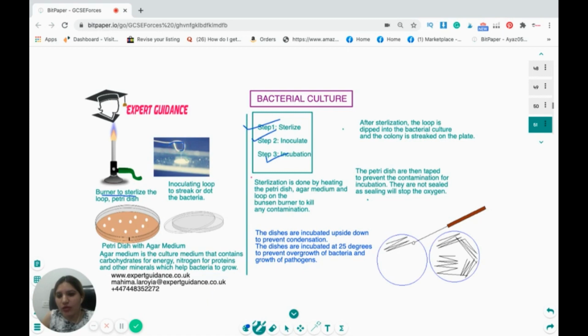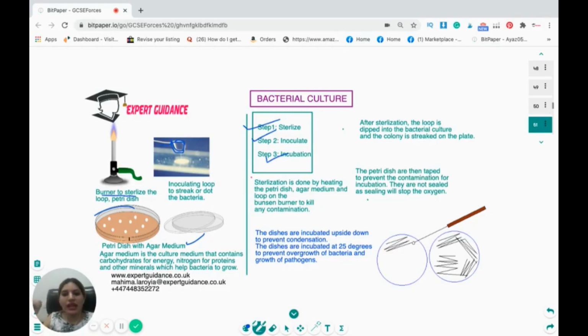It's a long rod with a wire which is rounded at the end that is used to touch the culture, and then you can streak it, dot it wherever you want to grow the bacteria. The bacteria are grown in these glass plates which are petri dishes. They have a medium called the agar medium. Agar medium is a culture medium that contains carbohydrates for energy, nitrogen for proteins, and other minerals which help the